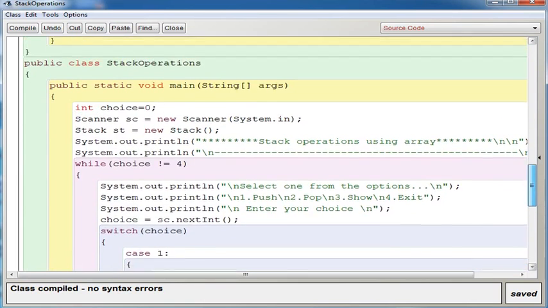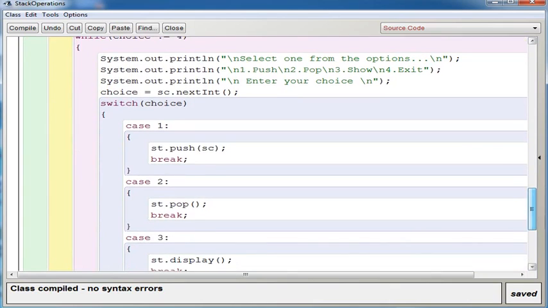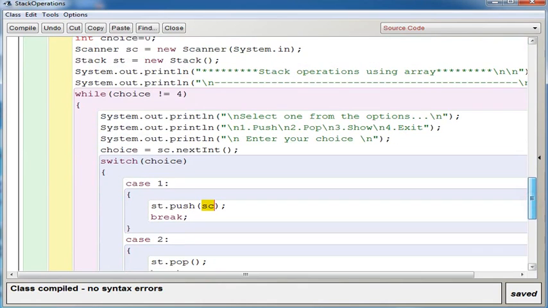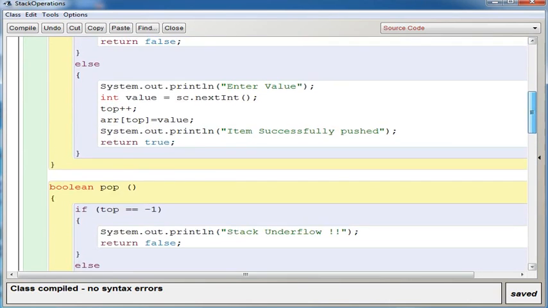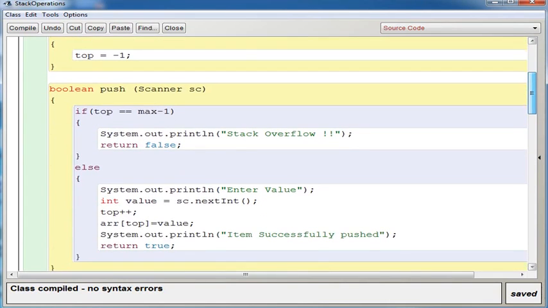Now here in the push function we have passed an object, that is the object of the scanner class that we have created here, Scanner sc. We have passed here the object of the scanner class, and you can see in this function we have accepted it, created with the scanner class